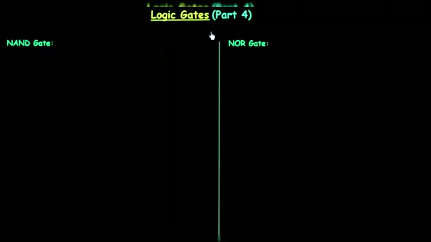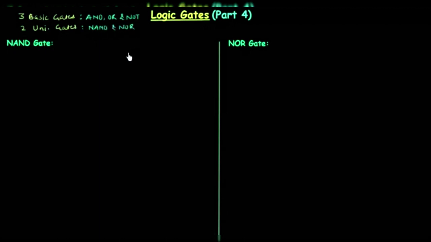Welcome to 4th part of logic gates. In this part we will complete NAND gate and NOR gate. If you remember the first part, I told you we have 3 basic gates, and we have 2 universal gates. The 3 basic gates are AND, OR and NOT, and 2 universal gates are NAND